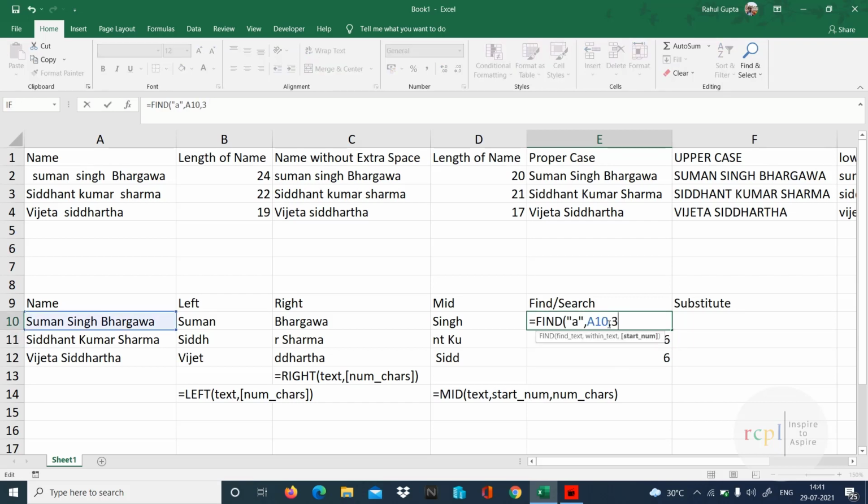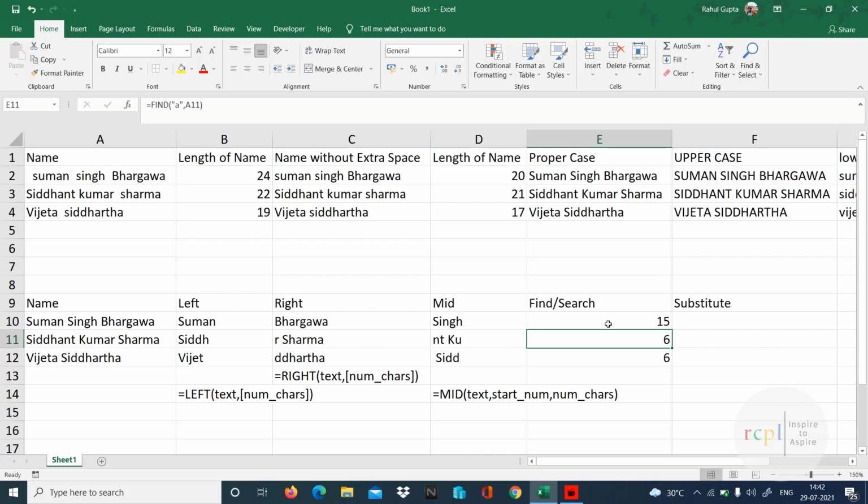If I put 3 over here, then also 4. If I put 4 over here, then also 4. But if I type 5, then 15. Right? So that's giving me the second occurrence.